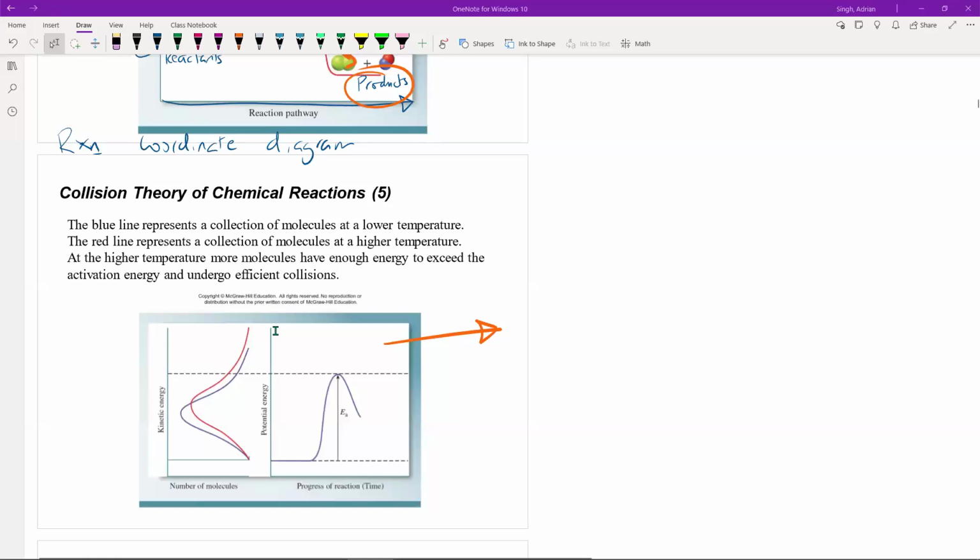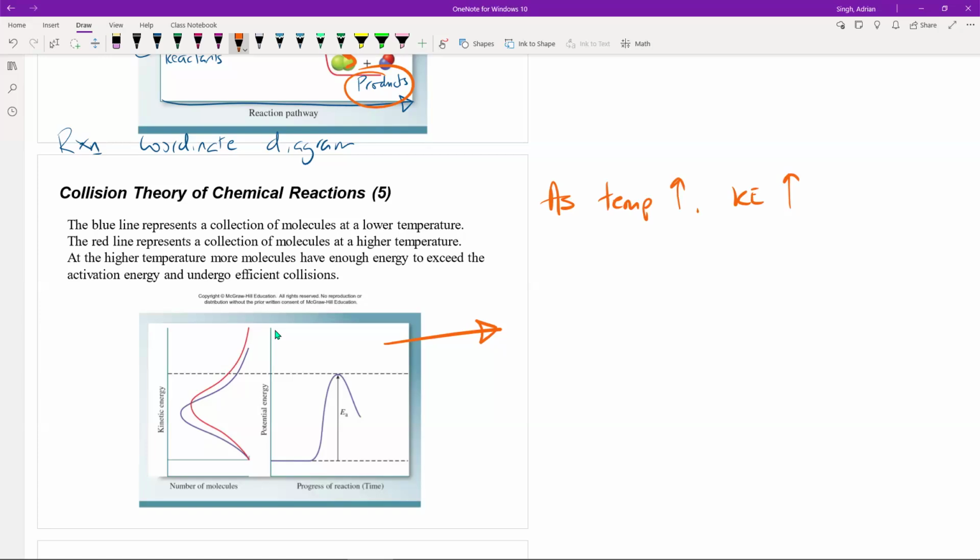What we also see is that when we increase the temperature of something, we increase the kinetic energy of that sample. And this is something that we saw back in General Chemistry 1. So we know that as the temperature increases, the average kinetic energy of that sample increases as well, right? Temperature, remember, is just a measure of the average kinetic energy of a sample. So as the temperature goes up, the kinetic energy, the energy of motion of the particles, the atoms, the molecules, etc., goes up. And as a result, we have more of a chance of those collisions happening with more energy,